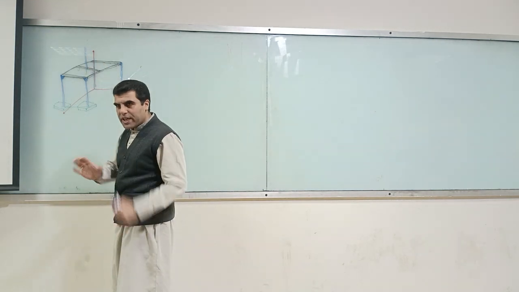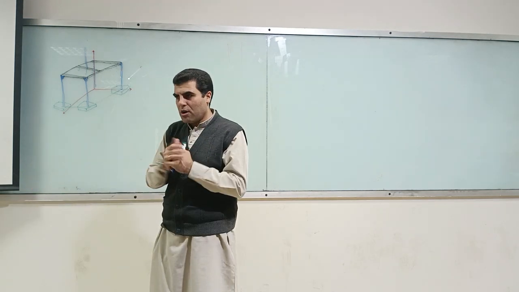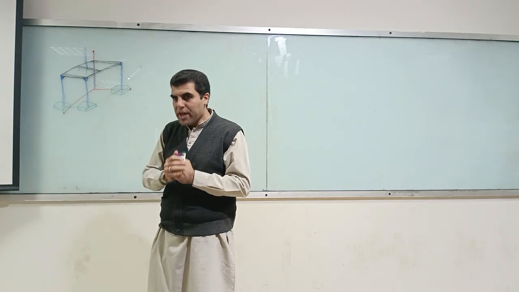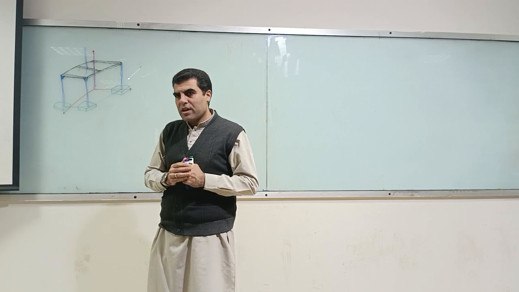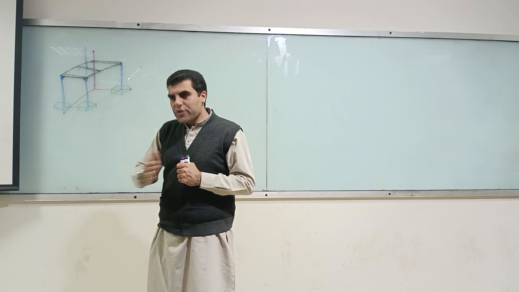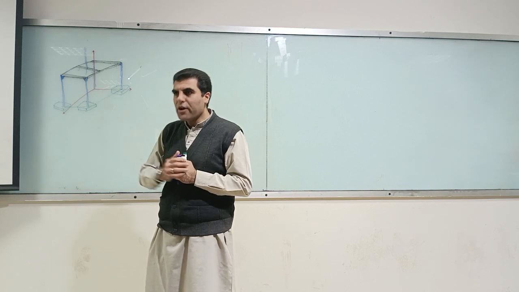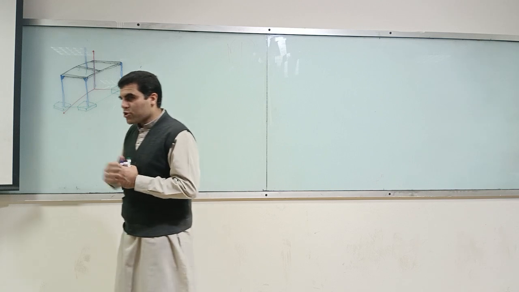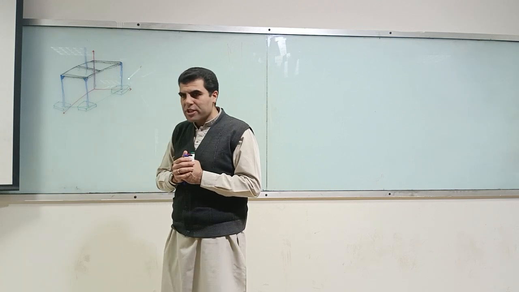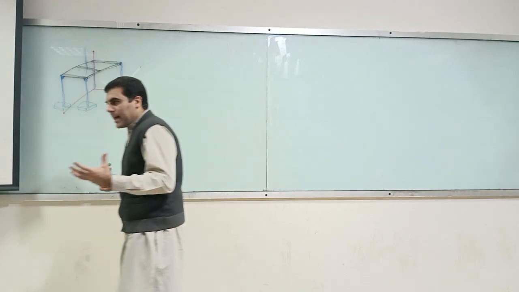The other type of loading is a distributed loading. There are two types of distributed loading. One is uniformly distributed loading, and one is uniformly varying loading, or linearly varying loading. So in the case of uniformly distributed loading, what happens? In reality,